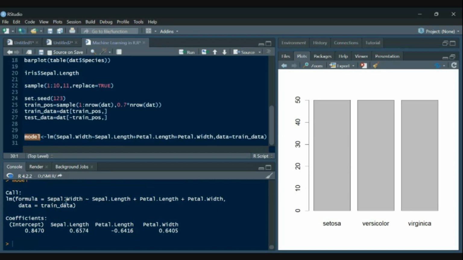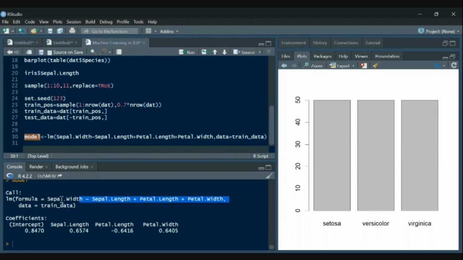So our formula is given here. This is our data. The intercept for our model is 0.8470. The coefficient of sepal length is given, the coefficient of petal length is given, and the coefficient of petal width is given.